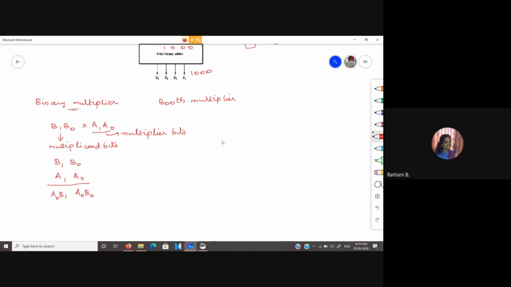Then we shift one position and do the multiplication of A1 with respect to these. So you will be having A1, B0 and you have A1, B1. So this we will be having it as it is, and this will be addition of these two. So A0, B1 plus A1, B0, and if you are going to have a carry from here, you will be adding that carry also over there.